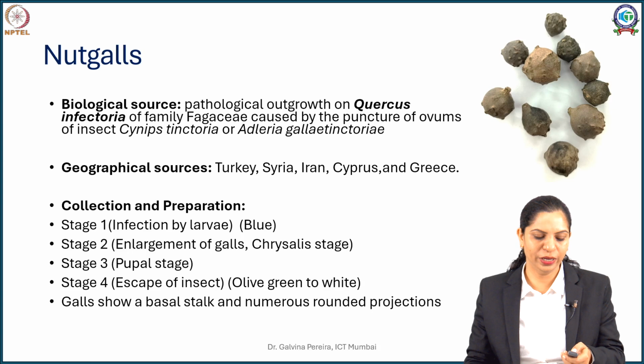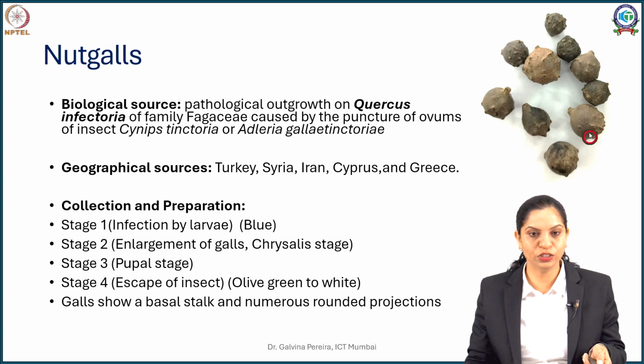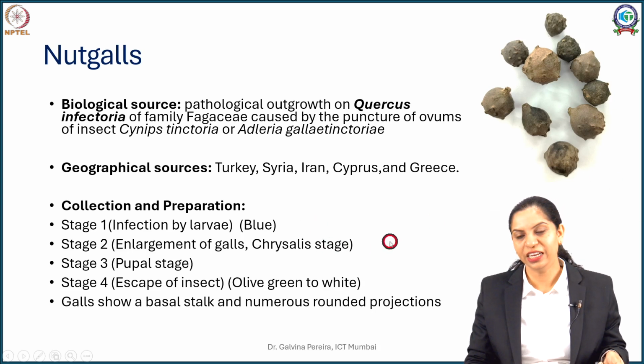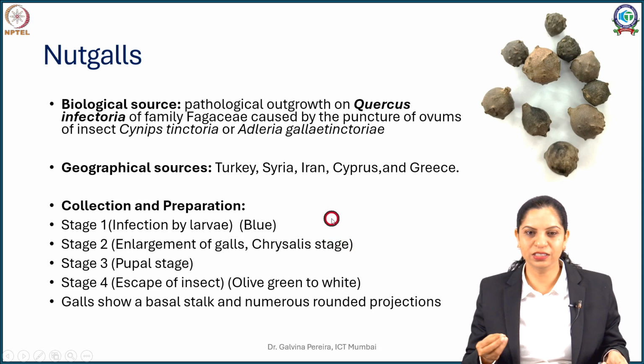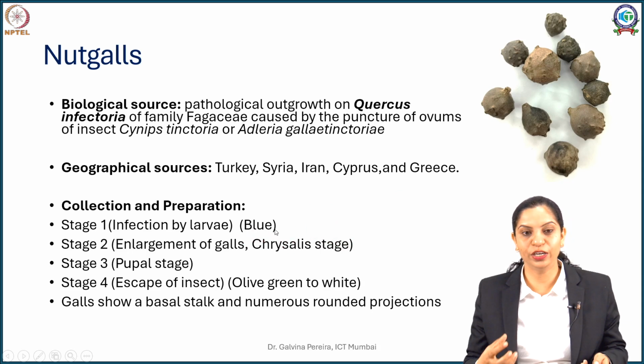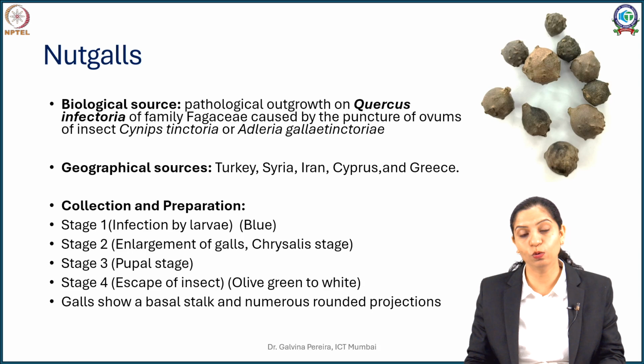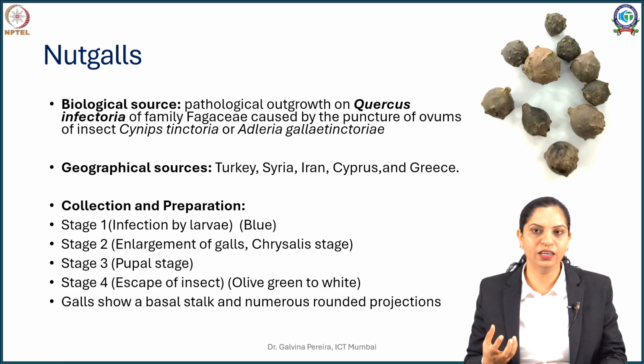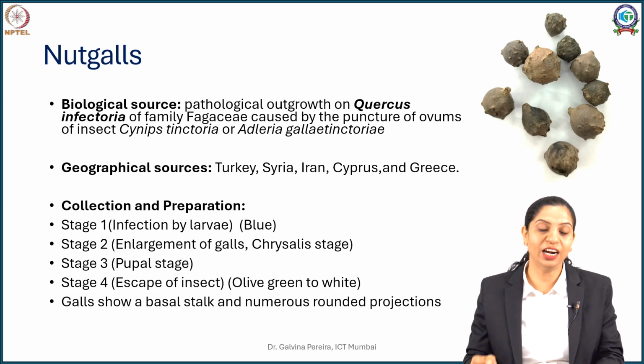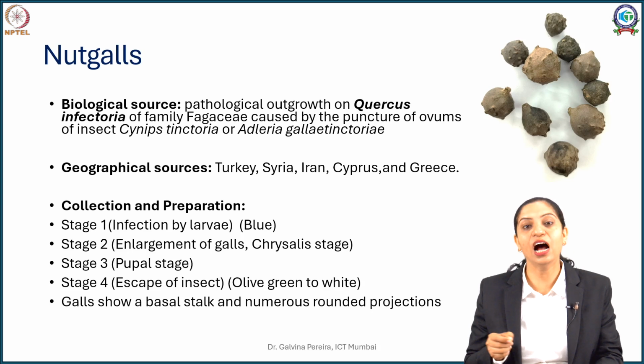So they will start growing, enlarging till you get a stage 2, which is called your chrysalis stage. In this, the insect inside is in the chrysalis stage, and you will see the color is still blue or bluish green in coloration. Now stage 3 comes in where your insect still enlarges and goes to a pupal stage. At this pupal stage, it starts digging in the cavity. The reason being, it now wants to escape out from this gall. It no longer wants to remain encaged in it, and it starts boring numerous cavities inside the outgrowth.